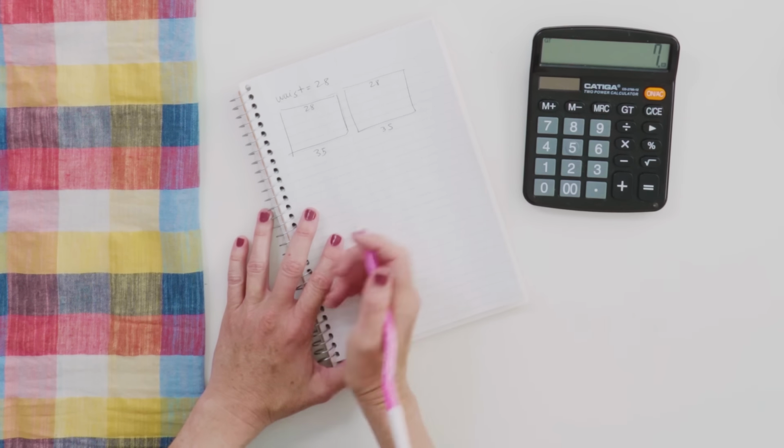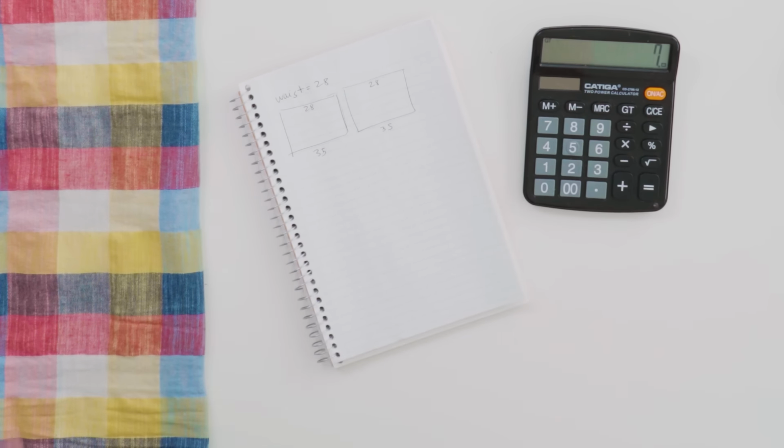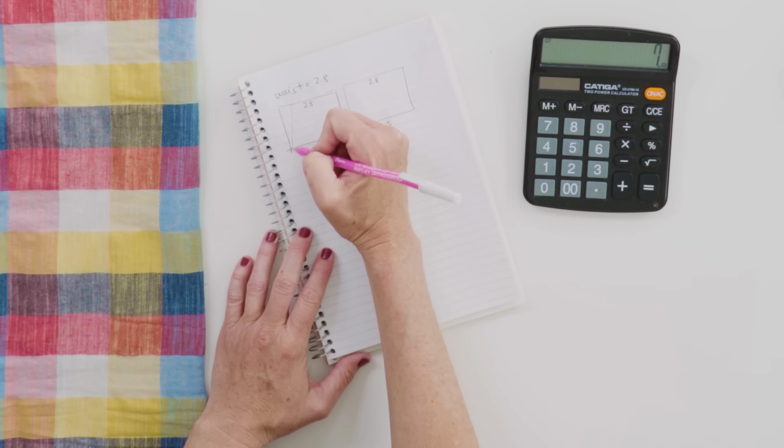35 minus 28 is 7. So I have 7 inches that I want to angle this. So divide that by 2, 3.5. I know we're doing a lot of math, but you'll get the concept here. So I am going to